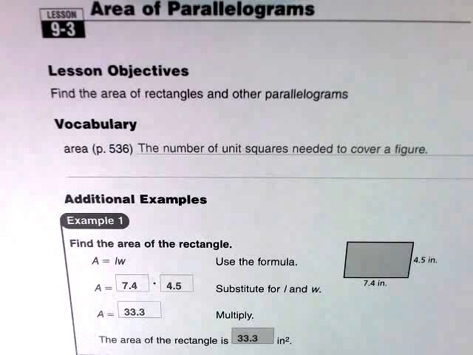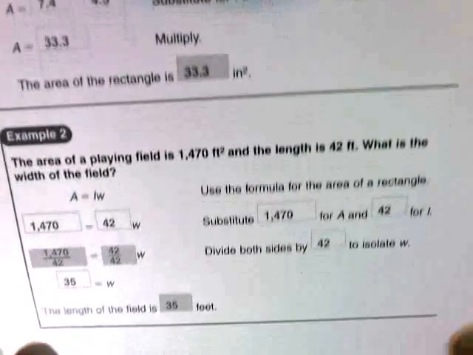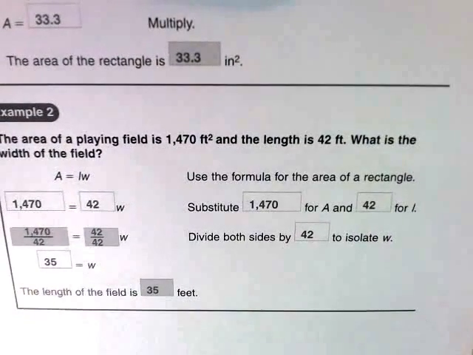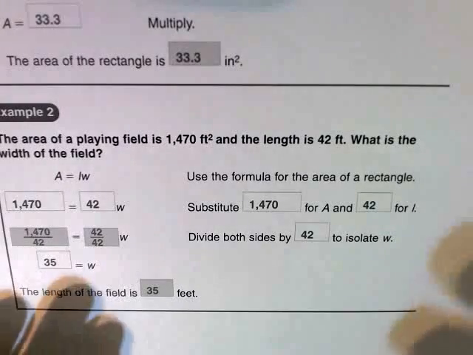Now, as we take a look at number 2, they're going to work that formula backwards. They're going to tell you that the area of a playing field, a rectangle, is 1,470 feet squared, and the length is 42. We're supposed to find the width. So let's plug numbers into that formula that we just used. The area here